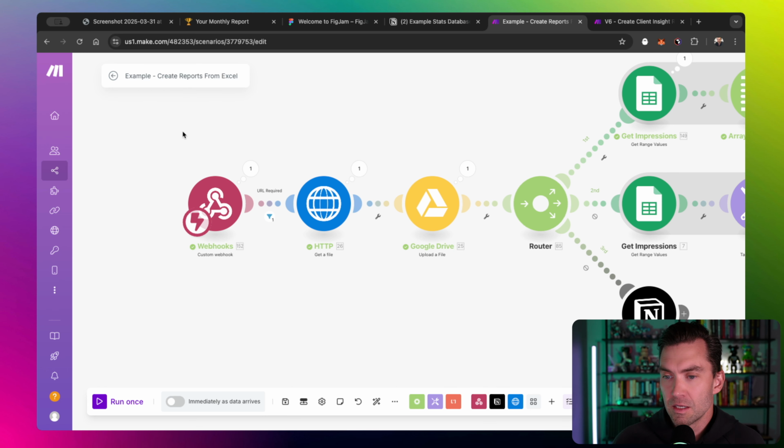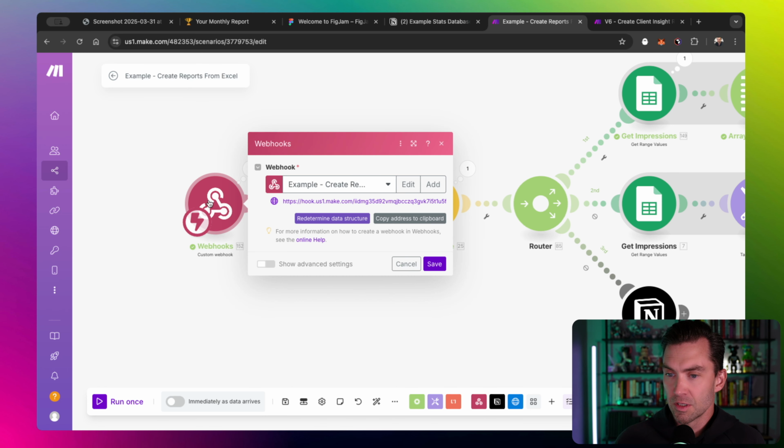But the main idea here is something called a webhook, and this webhook is one of Make's ways to trigger an event. There's lots of different ways to trigger an event. For example, you could have it watch your email, and every time an email comes in, it triggers a scenario. So this one's a more interesting one. It's called a webhook, and the webhooks really just sit there and wait for data to ping this URL. So it gives you the specific URL, and you send this URL data, and once it receives data, it starts